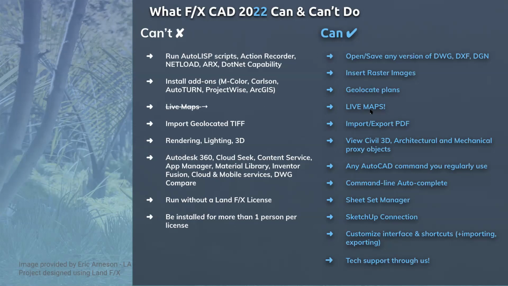And this is new, and we're going to be covering it today. You can actually access live maps. So this is new for 2022. There was a method to kind of do it very manually. You had to jump through a few hoops in the previous versions, but now it's just there. We've set it all up, and I'm going to go through how you can access live maps in FXCAD 2022